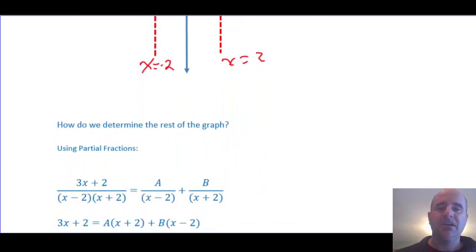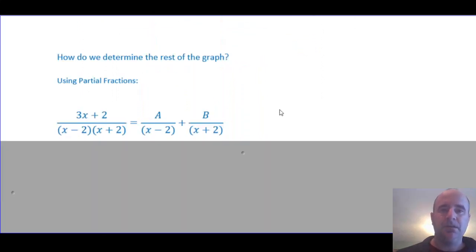fractions. The idea here is that we're going to take our rational expression and break it up into a sum of functions, just like we've been doing with a lot of the other ones. So what I've done here is I've said there's some a value and some b value, so that when you split the denominator up, if you added these up, they would actually simplify to 3x plus 2. So presumably I could take two fractions, one with a denominator of x minus 2 and one with a denominator of x plus 2, add them together and come up with our rational function that we're working with.